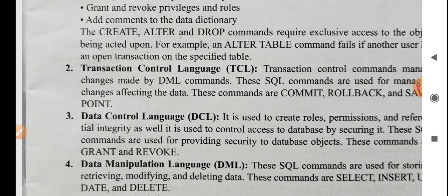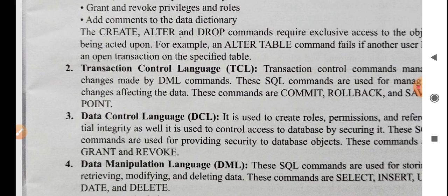The database administrator keeps an eye on the security of the database, giving some types of privileges or access authorities to a person, such as whether you can see the table, make changes in the table, or do any particular work in the table. These are the commands that are studied under the data control language.